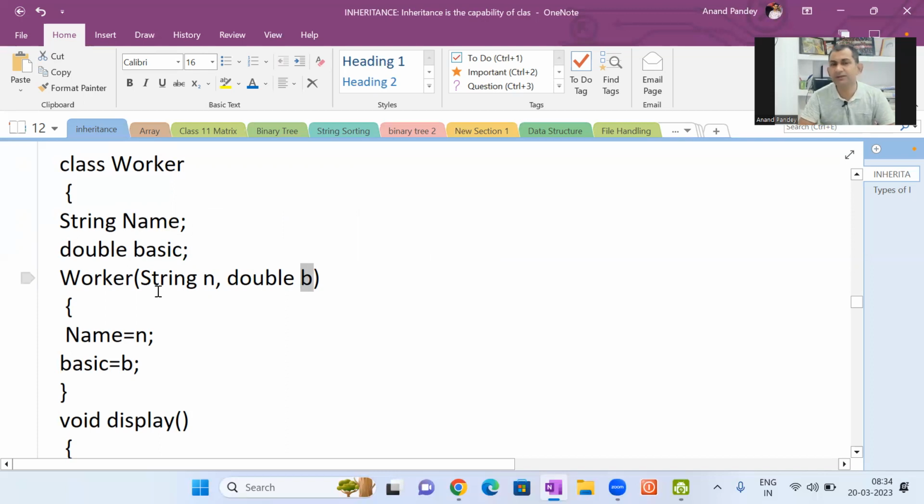So this is the basic concept of a constructor, which I've already explained in the video on constructors. We store this n, which we have taken for name, so name equal to n, basic equal to b. It's a very basic thing. Okay. Then one function,